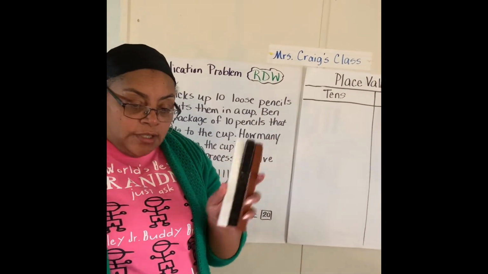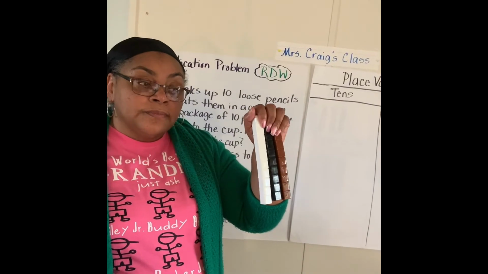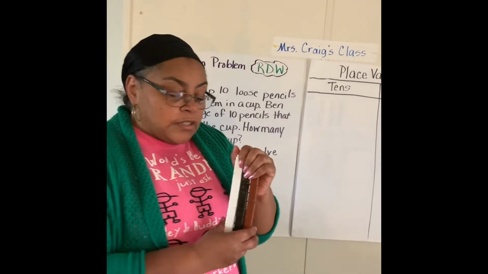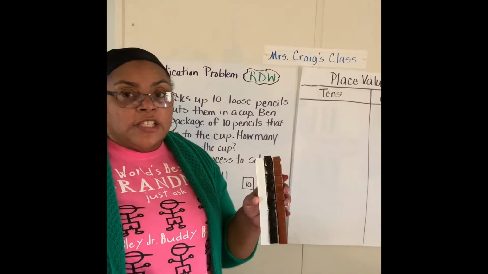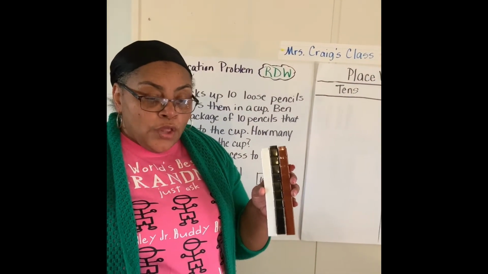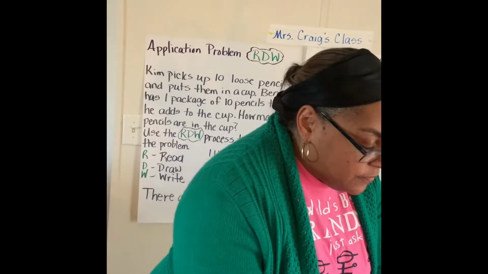3. Very good. How many loose ones do you see, boys and girls? 0. So, boys and girls, if I have 3 10s with 0 ones, what is my number? 30. Very good. So, if we put this on our place value chart,